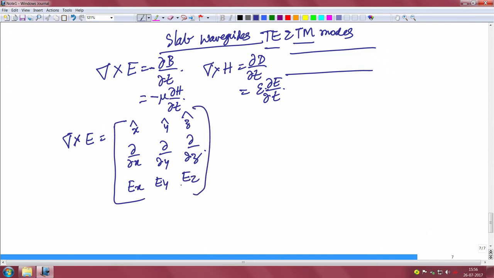This is how we can evaluate del cross E, and we get x component into dEz by dy minus dEy by dz. Similarly, plus or minus